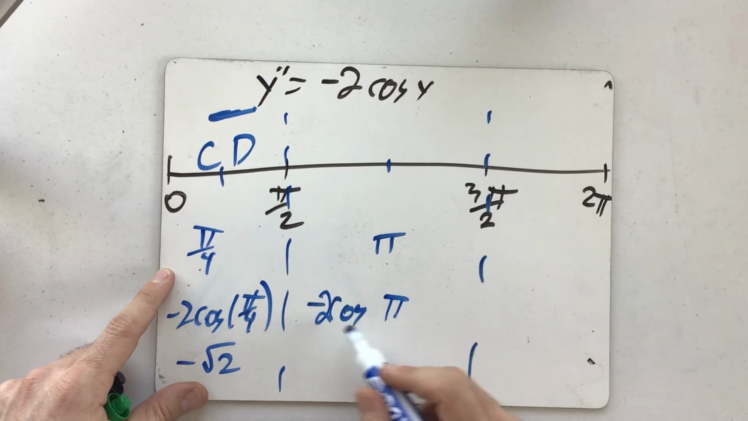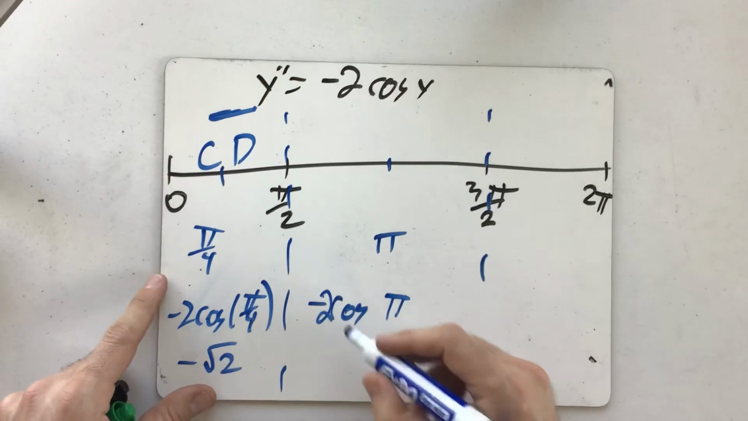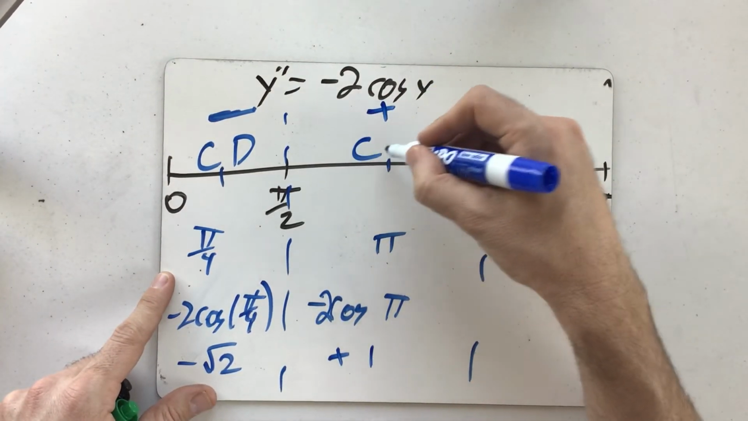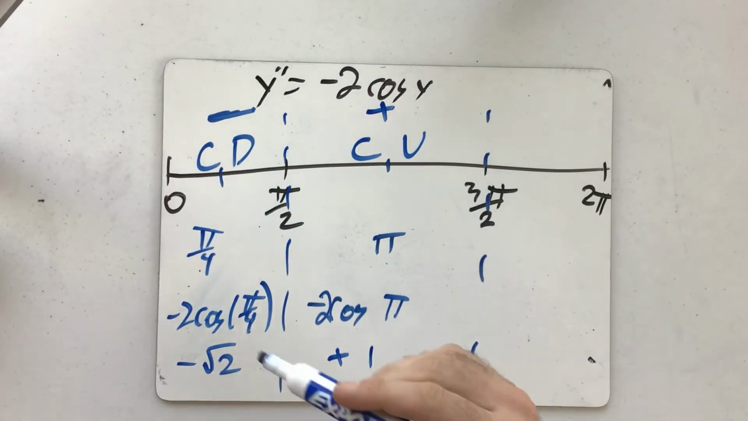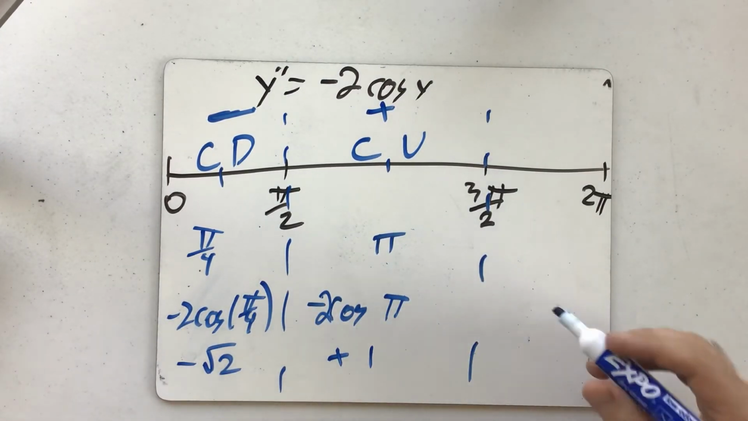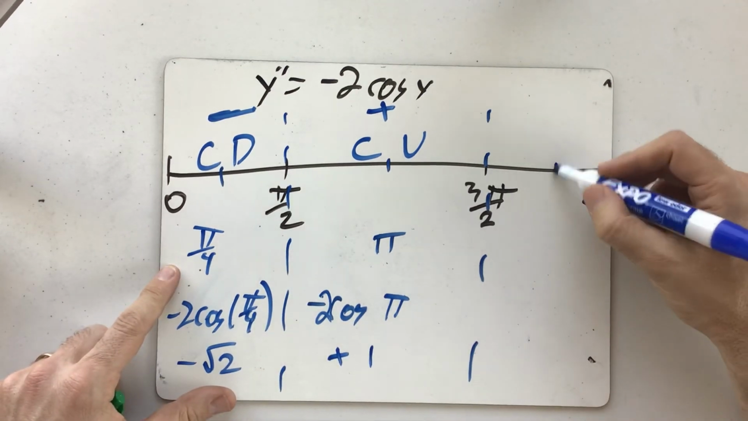Negative 2 cosine of pi. Cosine of pi is negative 1. So this ends up being positive 1. And so we get a positive number here, and we're concave up on that section. So we're concave down, concave up, and then our very last section we'll do, how about